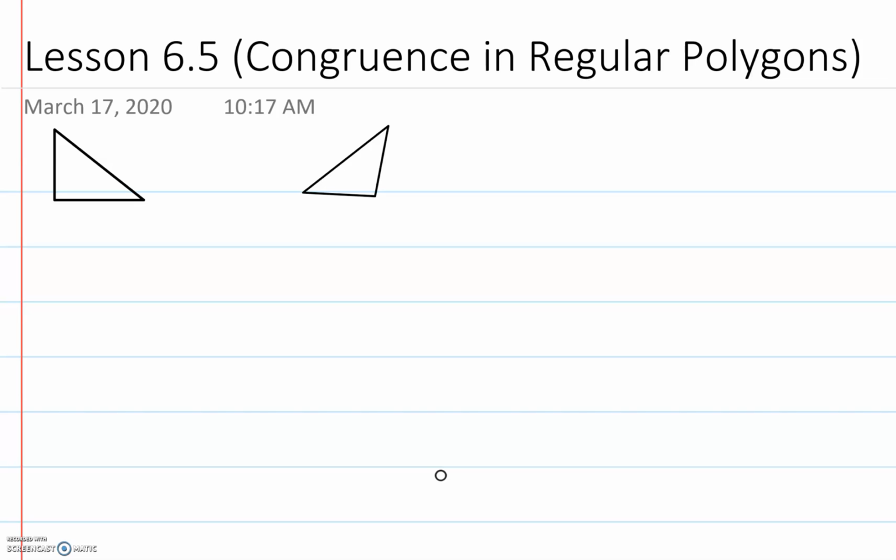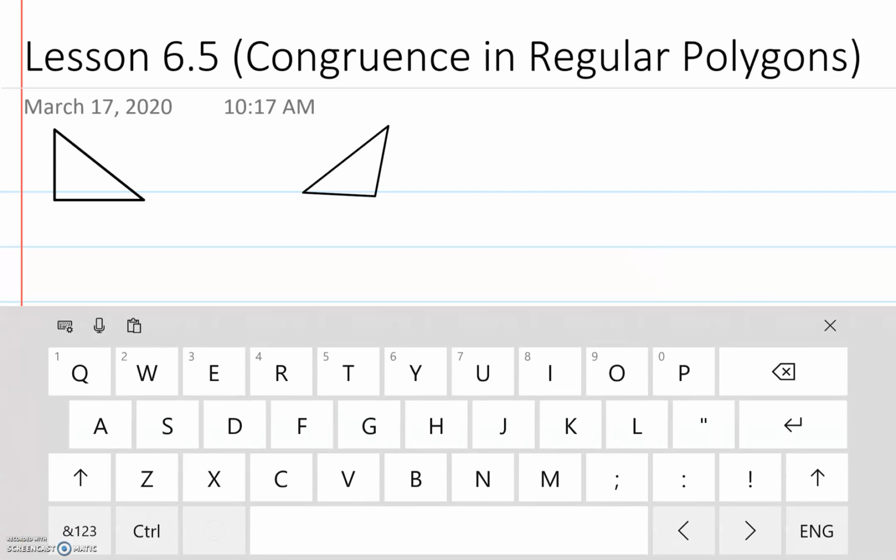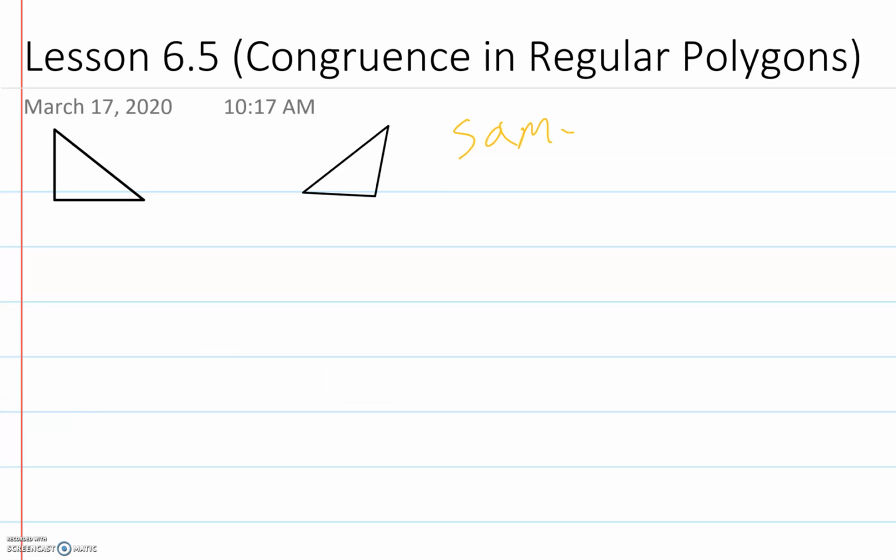So congruence basically means that they're the same shape but moved around in some way. Congruence means that it's the same shape, just moved around. So that could mean,